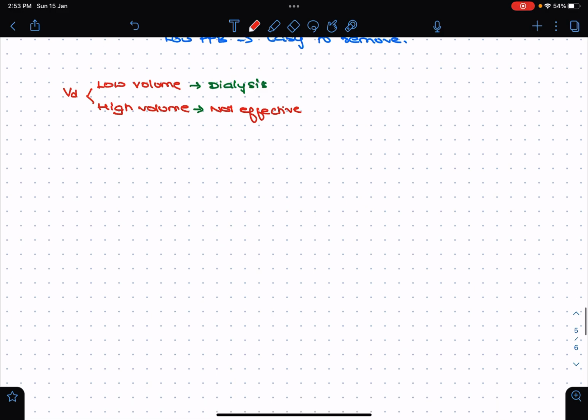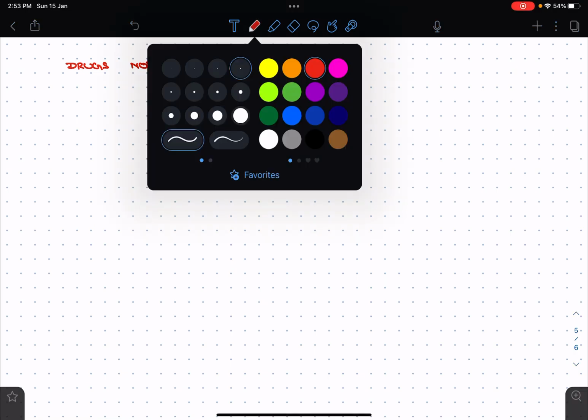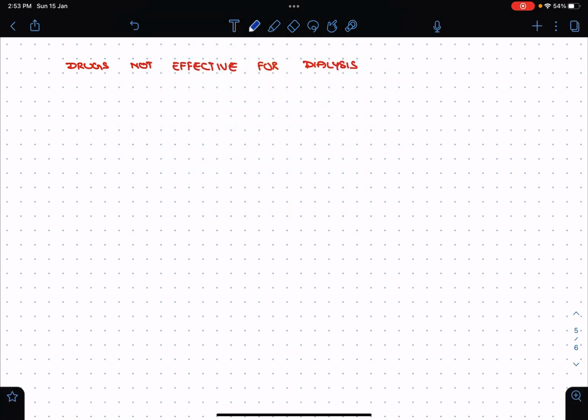So which are the drugs which are not effective for hemodialysis or dialysis? You can remember them by a name, AVOID dialysis. So A stands for